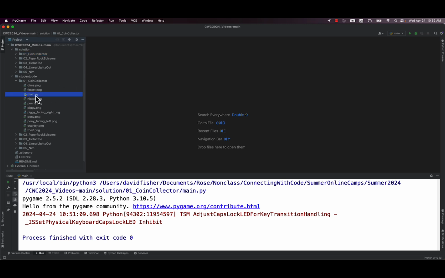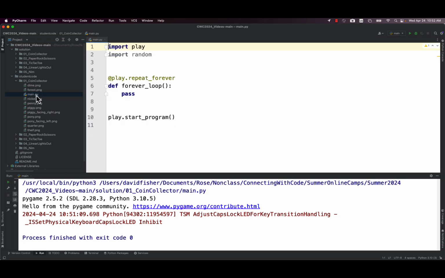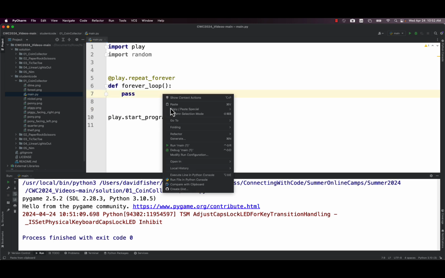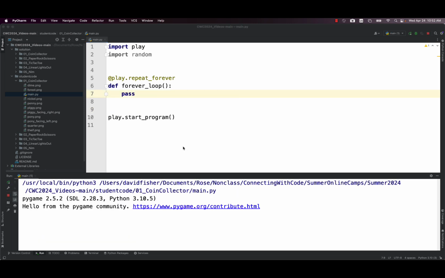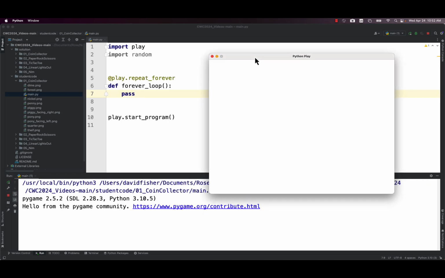And so let's go in and see what code I've given you. So the code I've given you is significantly less. To run this one, just right click in this area and hit run. And you'll notice that it gives you a white box, which is pretty sweet. So I've got this nice white box. So this nice white box, where does it come from? It comes from the library Play.